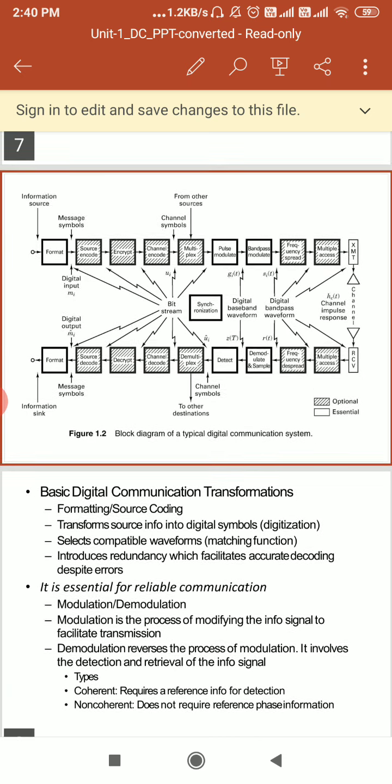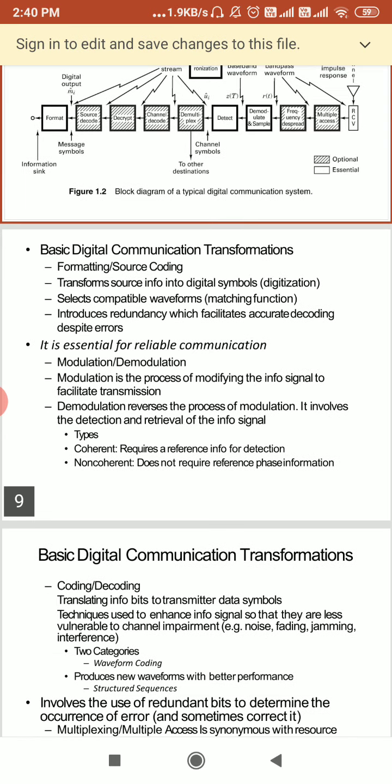When we do transmission using the digital communication system, we do formatting and source coding, transferring the analog data into digital. After that we select a compatible waveform and introduce redundancy, which facilitates accurate decoding. It reduces the error and is necessary for reliable communication. That's why we use modulation, and at the receiver we use demodulation.